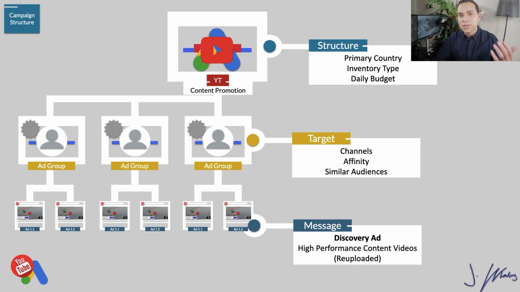Now at the ad group level, you can pretty much have as many ad groups as you want inside of your campaign. This is where we're going to decide who is going to be seeing your ads. Now to promote your channel's content, we're going to be using affinity audiences. You can also use similar audiences, which we'll get to in remarketing at the very end of this video, and targeting other channels. Then of course the ads probably don't need too much explanation. These are the actual videos that you're going to be promoting. Again, when we go through setting up your ads, we'll talk about which videos you should and should not use and why you need to re-upload your videos as opposed to just promoting organic content that you already have posted.